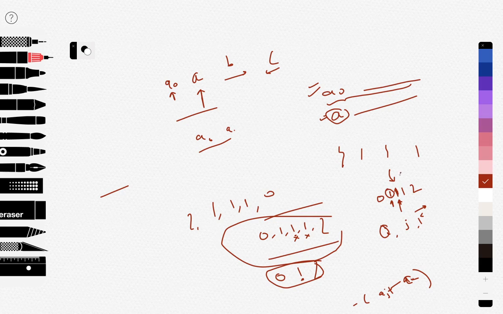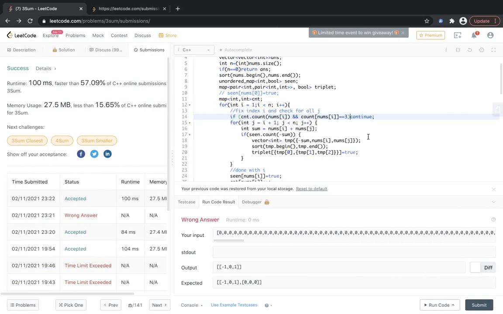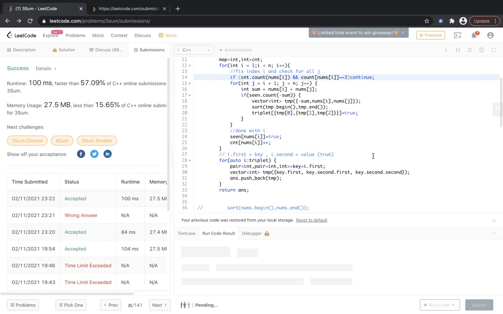But if the count is 3, then there is no need, because we have already considered the case 1 comma 1 comma 2, and when we are at this third one, we would be considering 1 comma 1 comma 2 again, which is not needed. So if the count of the middle element is 3 or greater, then no need to consider it. So this is what I did, and I don't know whether this will work or not, but this should work.